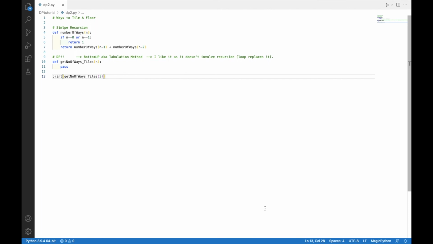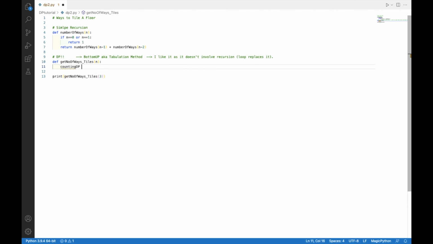So I will use the bottom up or tabulation method. I like it because it doesn't involve recursion and the loop replaces it, and I always want to get rid of recursion, because as the program gets heavy, it's difficult to understand what's happening in the recursion, whereas a loop is simple to understand.